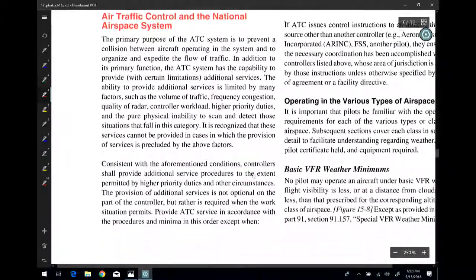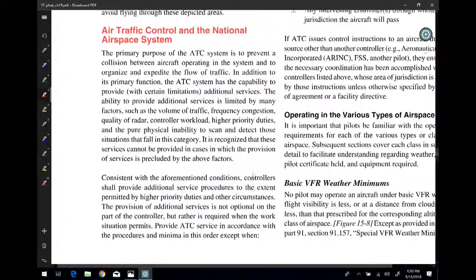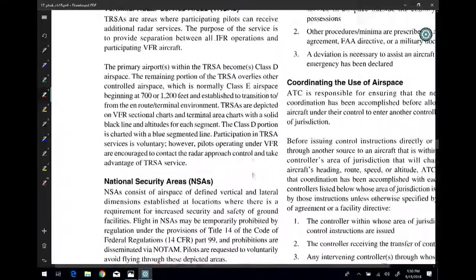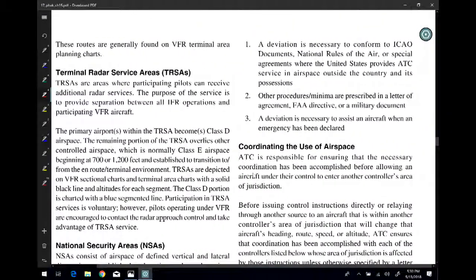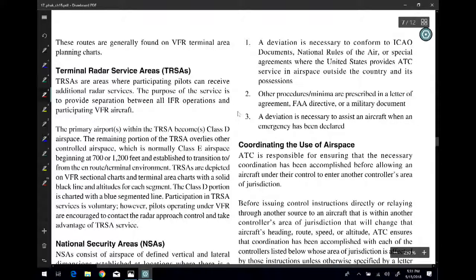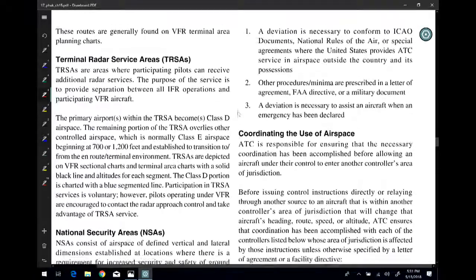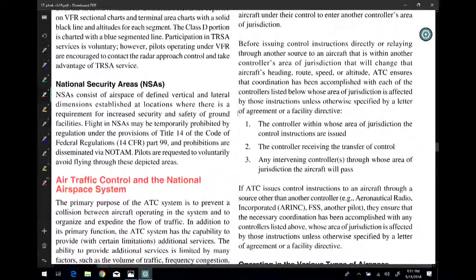Air traffic control in the national airspace. We've talked about air traffic control, and you guys kind of know what those are. Air traffic controllers guide you, allow for separation if you're on an IFR flight plan, or allow you flight following under VFR conditions, if their workload permits. They can give you information to help keep you safe and, when they can, better, more efficient routing if that's possible. So there is that.